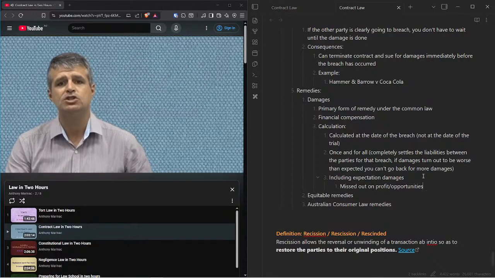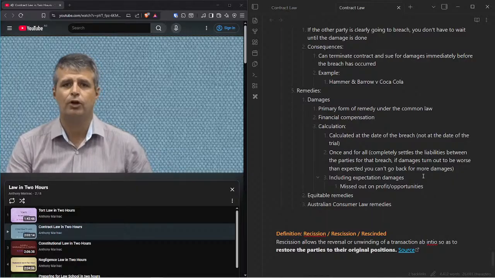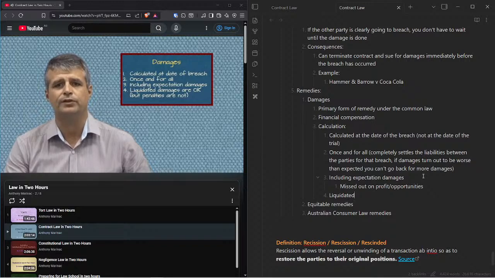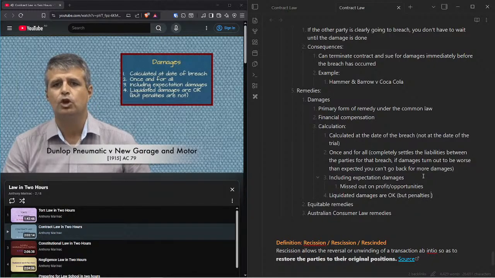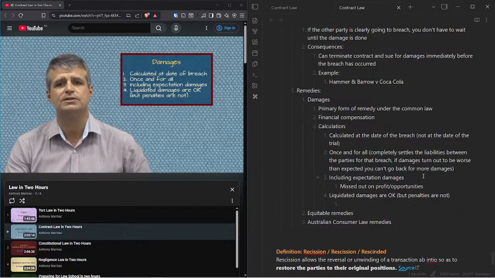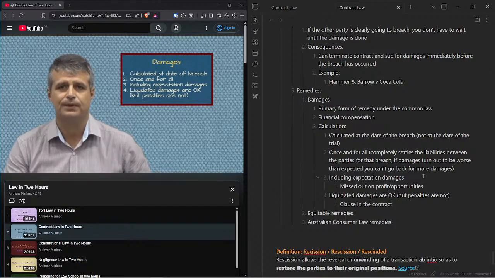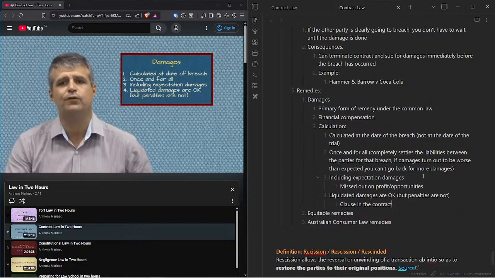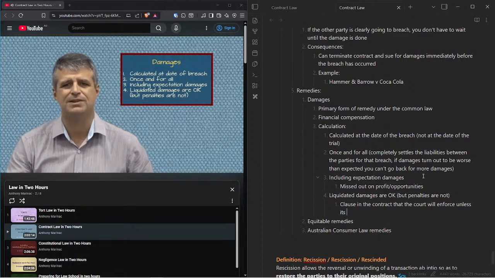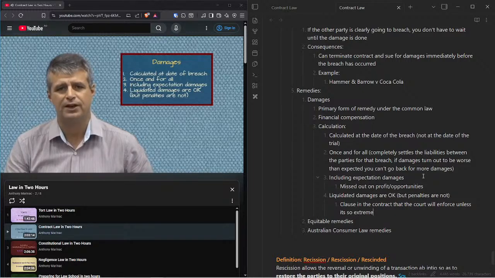Finally, the parties don't need to leave it to the court to decide what the damages are going to be. In fact, many contracts actually set out what the damages are going to be in the event of a breach. These are known as liquidated damages. And there's nothing wrong with this. The court will enforce that liquidated damages clause even if it results in different damages to what the court would have chosen. The only time that the court won't enforce that liquidated damages clause is if it's so outrageous that it becomes what we call a penalty. So it functions more as a punishment than merely as a form of compensation.